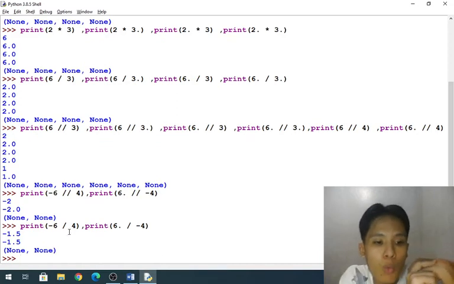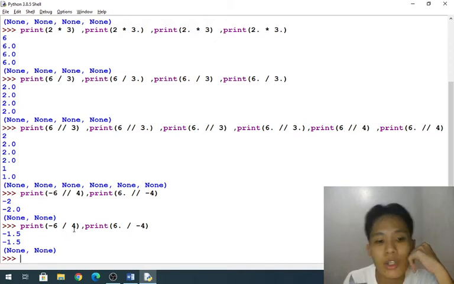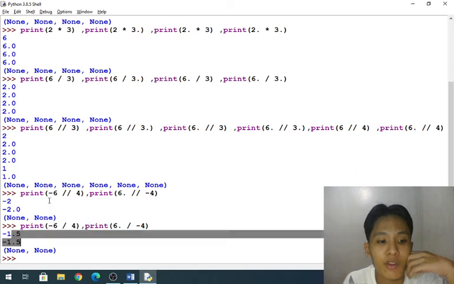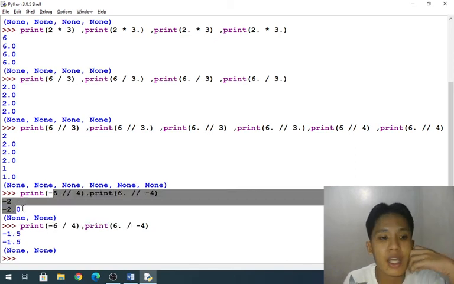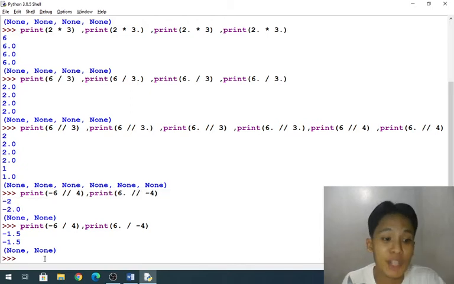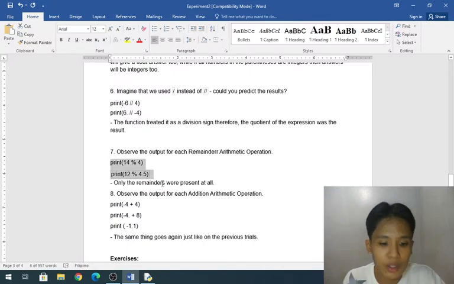Oh, see that? Negative 6 over 4 is actually 1.5, but here it was really the division sign, without any rounding off. But double slash is a division with remainder. That's the difference. So going back to number 7,